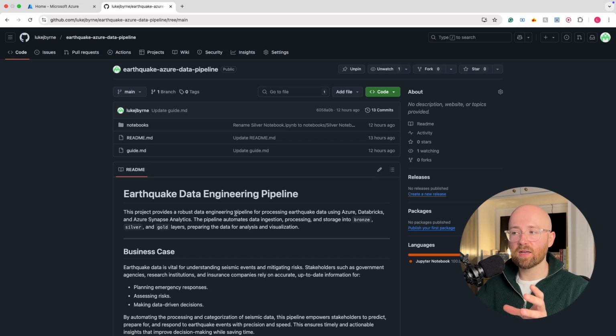So we're going to create a data engineering pipeline, specifically for earthquake data. Now, if you think about it, whenever you do projects like this, especially if you're going to use them to try and get a job, you really want to be using or creating a project which has some sort of business use case. So how does an earthquake data pipeline have a business use case? Well,